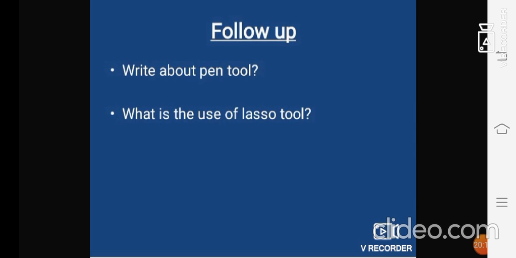Write these two questions and answer them: write about the pen tool, and what is the use of the lasso tool. For these two simple questions, search the answers and write them. Click a photo and send it to me. I want to see how you have done, whether you wrote the proper question and proper answer.